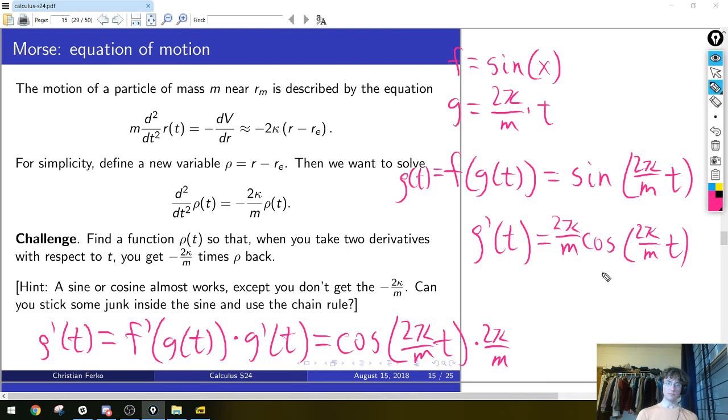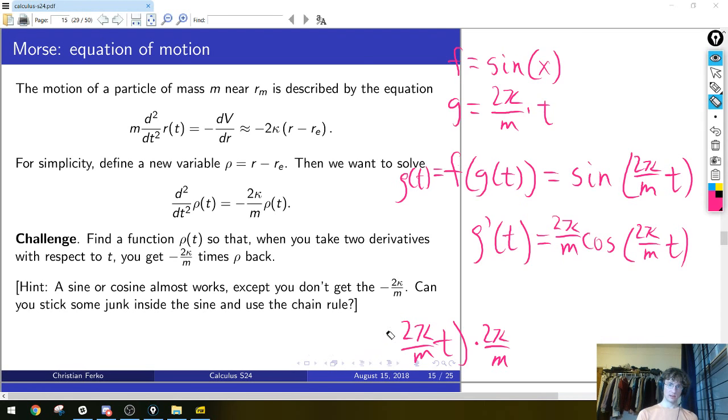Okay. Good, so do we agree the first derivative is twice kappa over m cosine of 2 kappa over m t? Yes. Good. All right, now what's the second derivative? I believe that the second derivative,